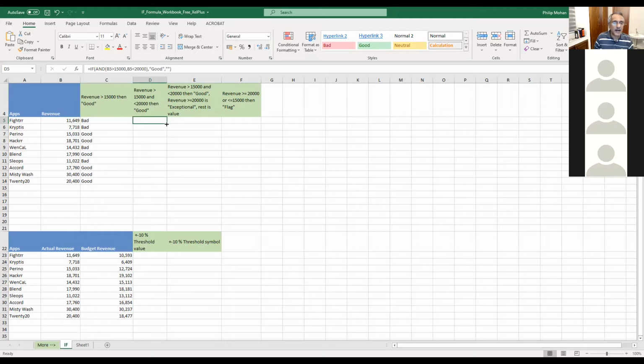There's no question of bad. And I click down. So only those between 15 and 20. That's why you'll find 2400 is also blank, because the condition now is between 15,000 and 20,000. Then you say good. Otherwise, just leave it blank.